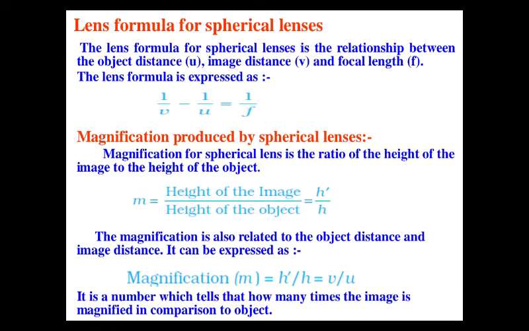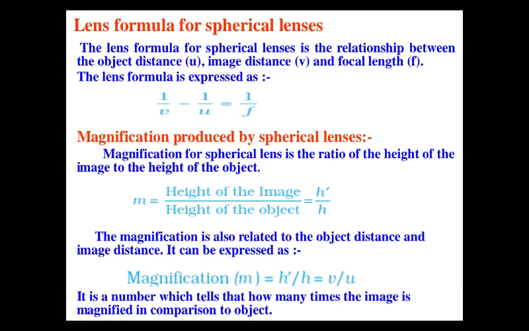One more thing, as we discussed, if it is more than 1, suppose we take an example where magnification is given as plus 3, and the question asks what type of lens this is. The plus sign is telling about the nature, virtual, and 3 is telling that the image size is more than the object, it is 3 times as compared to the object. So which lens makes a virtual image of larger size? It is a convex lens.